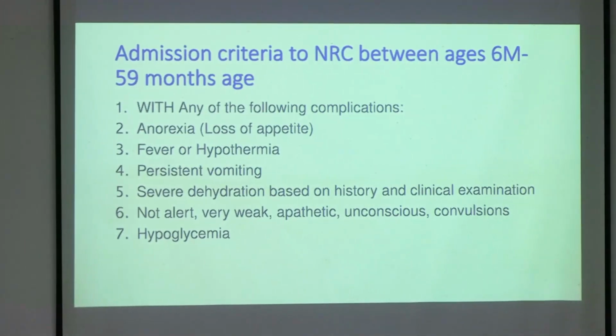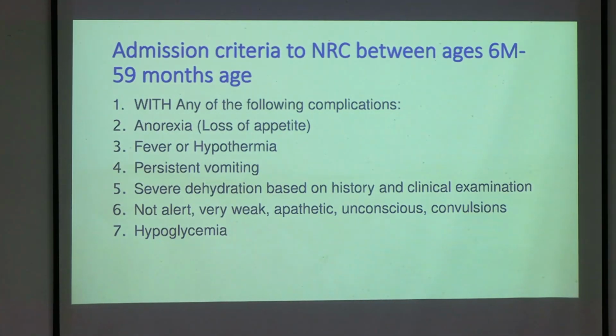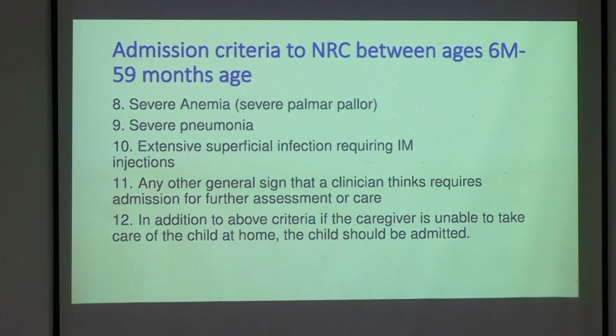Admission criteria for 6 months to 60 months, मतलब 6 महीने से 5 साल की उम्र के लिए एडमिशन क्राइटेरिया। और क्या क्या देखेंगे? If there is anorexia, if there is hypothermia, okay, if there is signs and symptoms of sepsis, infection, baby is not alert, unconscious, convulsions, so these are the criteria. और क्या क्या है? Severe anemia. If you do capillary refilling time test by pressing the forehead of a baby, press it, remove your thumb, you will see it's a white patch.